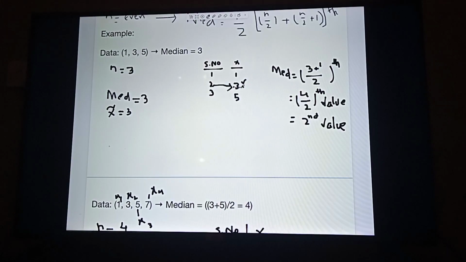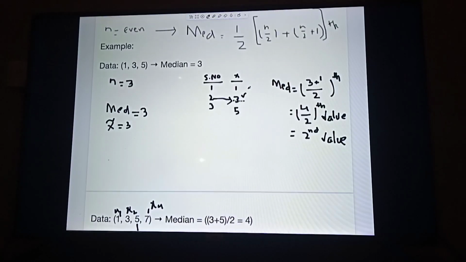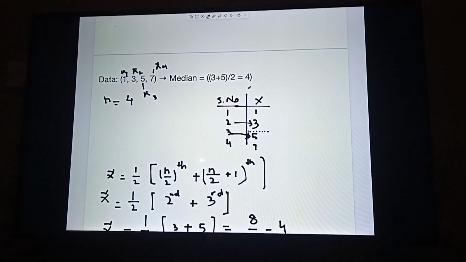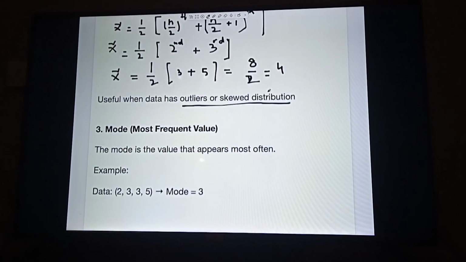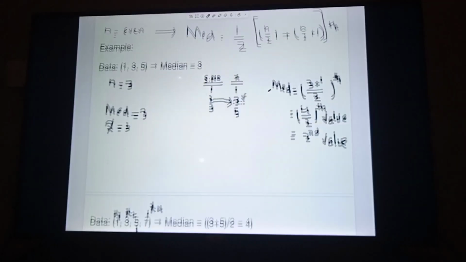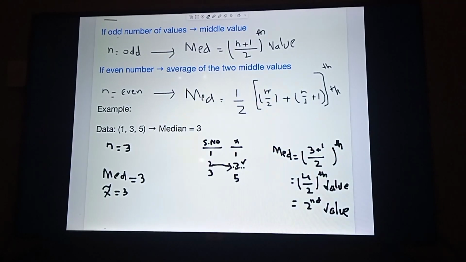So these measures of central tendency give us the central value of the data set. Median is useful when data has outliers. If there are extreme values in the data set, then median is useful,